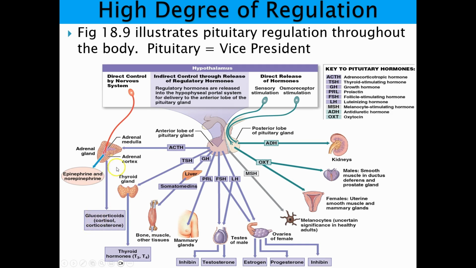That's what I've stressed. Notice they're showing you the direct nervous system control. This is sympathetic control of the adrenal medulla causing release of epinephrine, norepinephrine. At this point, you should know these are the catecholamines and the tyrosine derivative hormones, right? And they're water soluble. So a lot to be starting to work through. And if that didn't make sense, that's why I'm spending a lot of time on these figures. I'm showing you, you need to be building off of content that we previously covered and continue to move forward